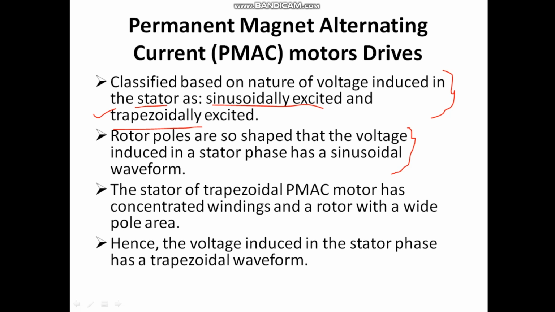The stator of a trapezoidal PMAC motor has concentrated windings and a rotor with a wide pole area, right? Rotor with a wide pole area, or I can call it the pole arc also, right? Hence the voltage induced in the stator phase has a trapezoidal waveform,